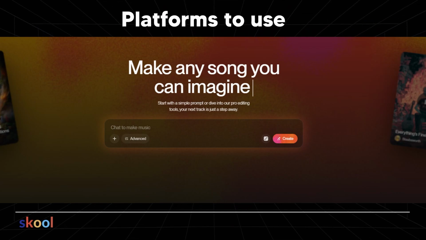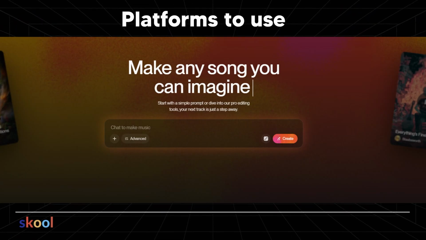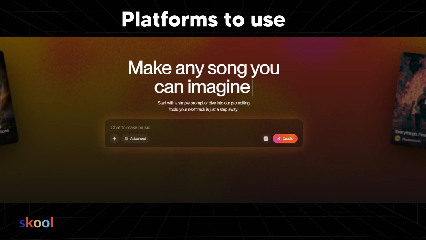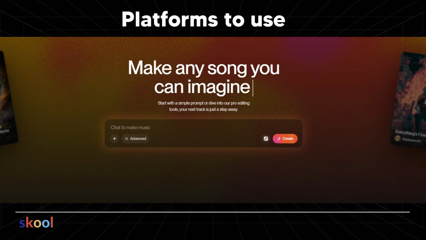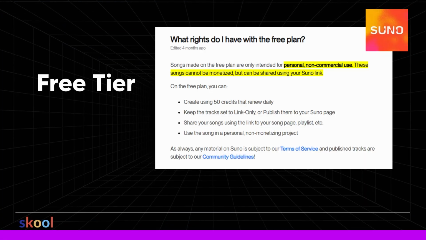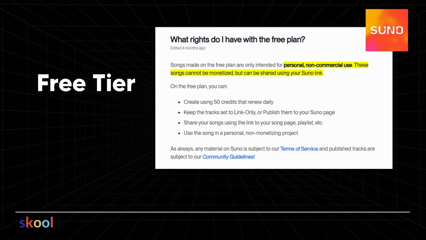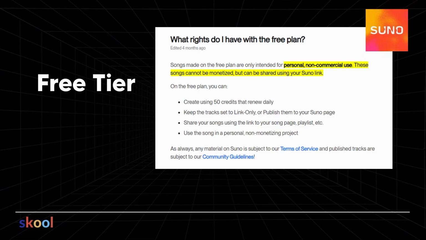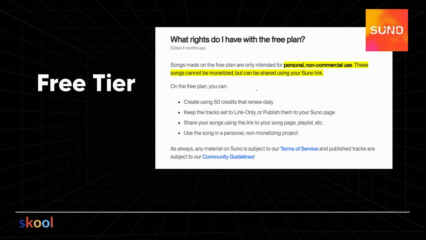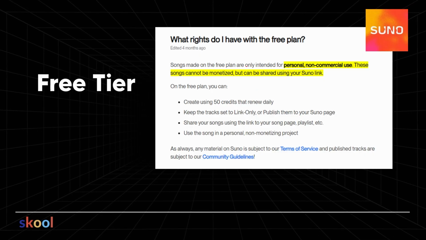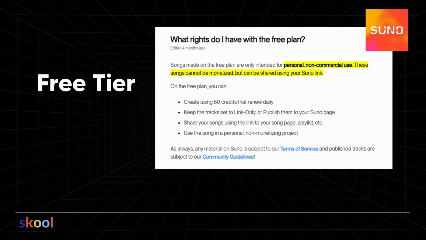However, most people don't realize that these platforms have changed with the times. So if you want to make money in 2026 and 2027, you will need to be very careful about how you do this, because if you're not, you're going to end up in a bad position. Now, this is the first thing you need to understand. Suno's free tier doesn't give you a commercial license. If you look at what it says in the fine print, and most people don't read this, it says that songs made on the free plan are only intended for personal,